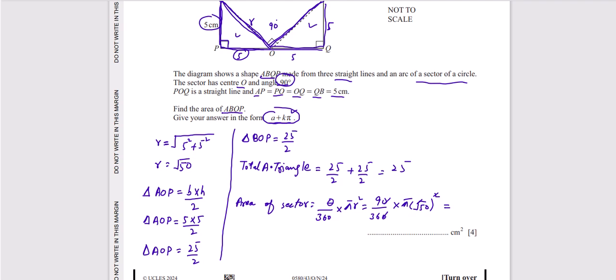So we calculate these values. We get 25 over 2 pi over 2. 9 multiply with 5 divided with 3, 36. We get 25 over 2 and also with pi. Okay,